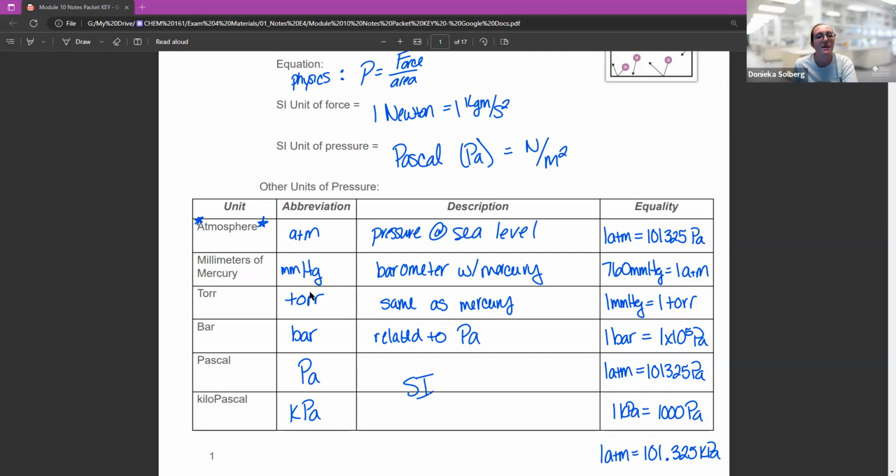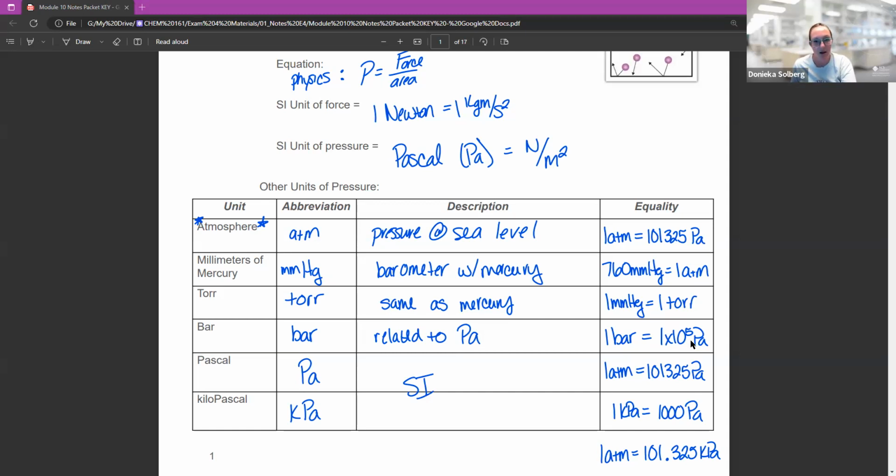So we're just going to call it the same as mercury. This was a different scientist who measured something else, but they have the same conversion. 1 millimeter mercury is the same thing as 1 torr. Okay. You will also see a bar. A bar is related to pascals. So sometimes we use that as our SI units, but yeah, it's just